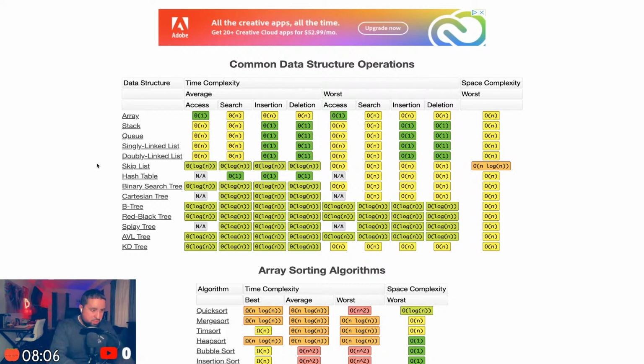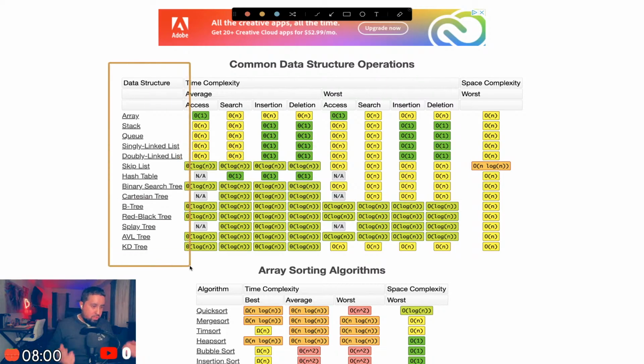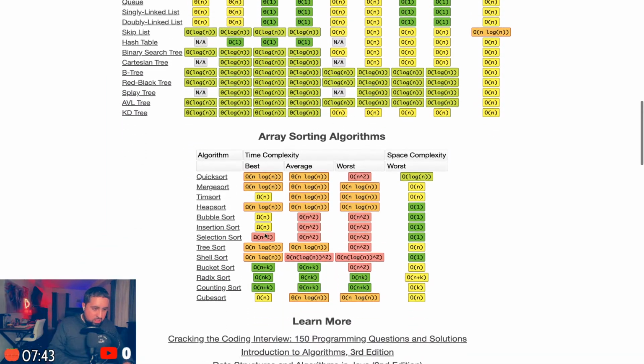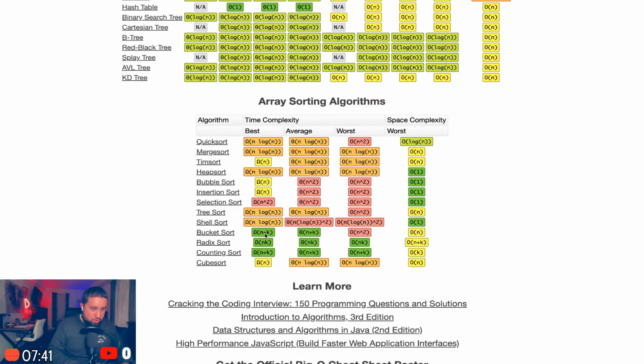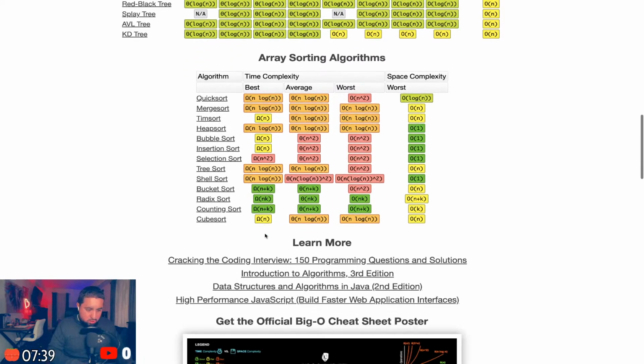There's nothing here as far as, so these are data structures, right? I'm not working with any data structures. I'm not working with none of these, so I'm not sure if any of these make sense to me right now. I'm on a time crunch. I have to end this in 15 to 20 minutes, so array sorting algorithms, none. I'm not using any arrays.